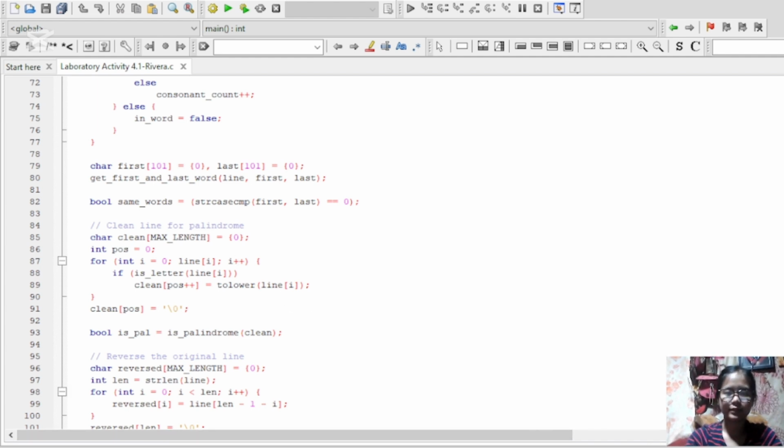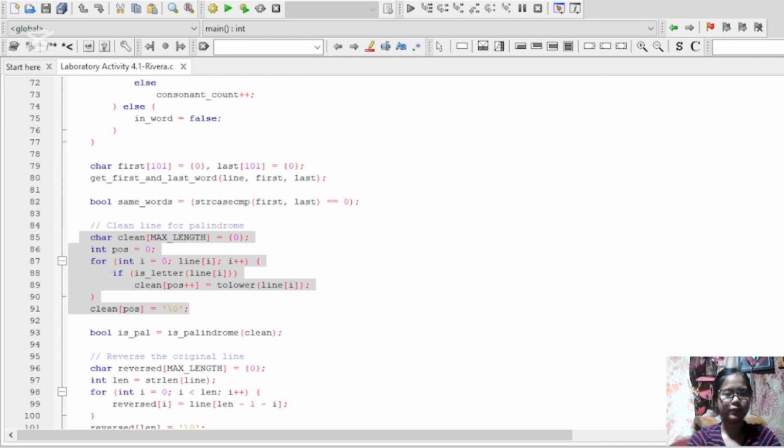The next line is cleaning the line. We create a clean version of the line with only letters and all lowercase. This way we can accurately check if it's a palindrome without spaces or punctuation messing it up.